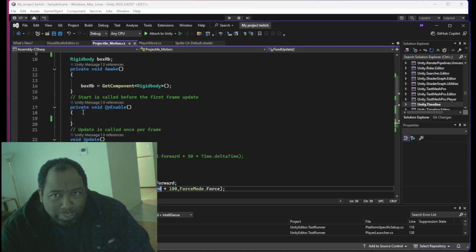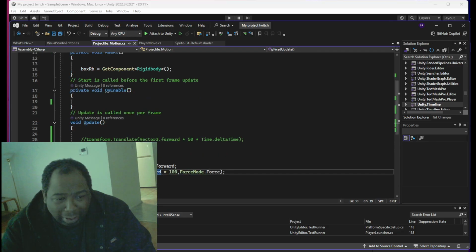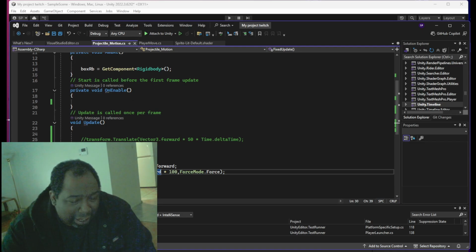So it has to be updated. If we put it in start, it's going to grab the forward vector from the start, and wherever the forward vector was at start, that's the position it's going to log. If I put forward equals transform forward, it's going to be the transform forward at start, not at the moment after you turn and move around.